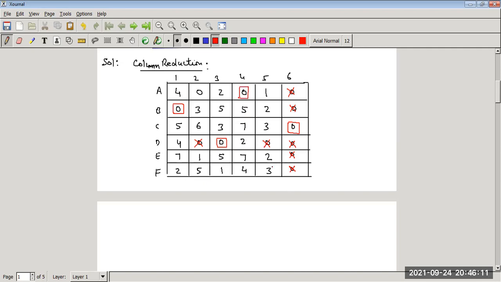In the fifth column, there is no 0. Now come to, no, we have only 1 zero left. Okay, yes, we have, because we have already assigned this, so cross this 0. Because we have already assigned this, so we cross this one. So no 0 left, right? We have assigned all zeros and crossed zeros.